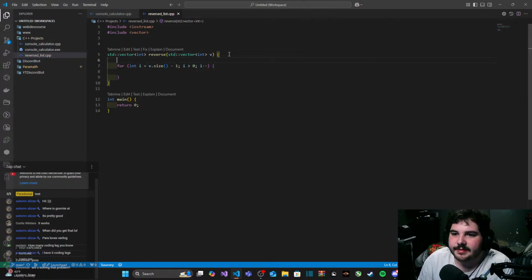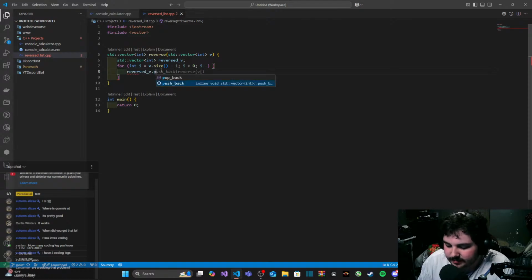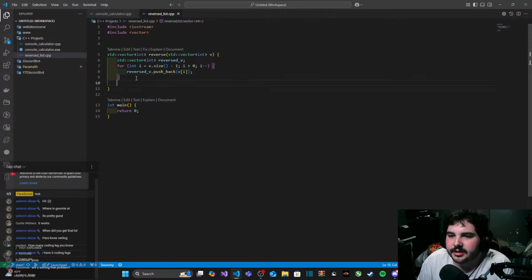And what I'll do is I'm actually going to define an empty vector up here. So reversed_v, that's what I'll call it. And then reversed_v.push_back(v at index i). And that should be it. Then I can just return reversed_v.